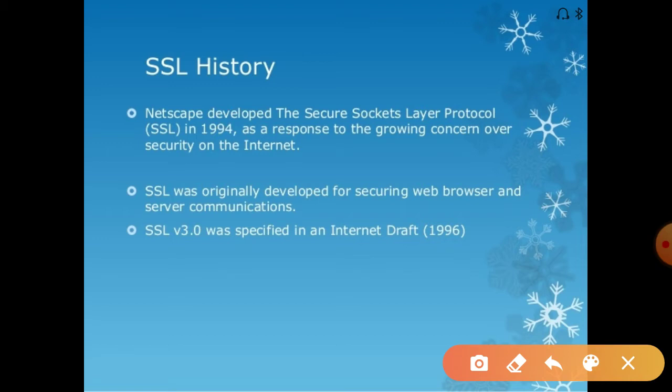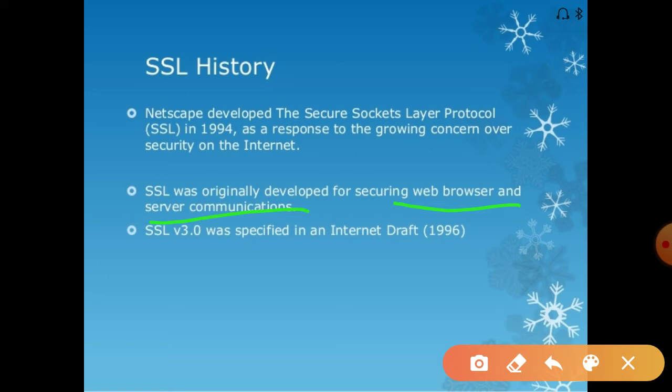Whenever communication is happening between the web browser and web server, SSL will be used in the network model. SSL was originally developed for securing web browser and web server communication.